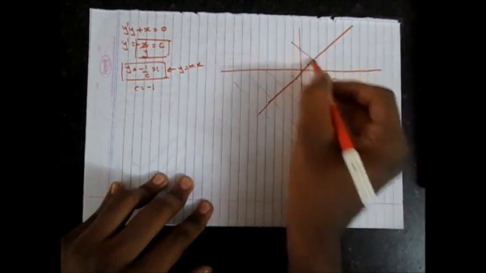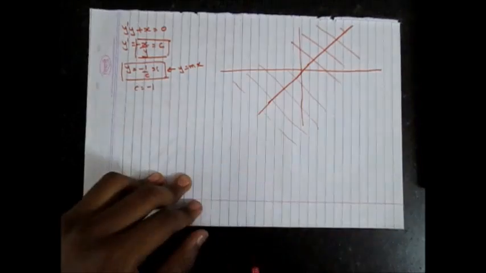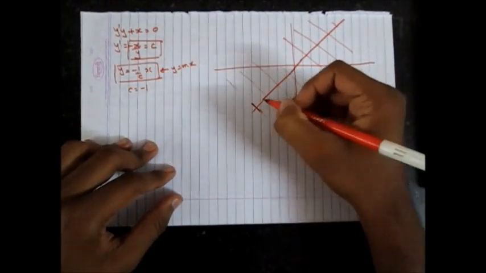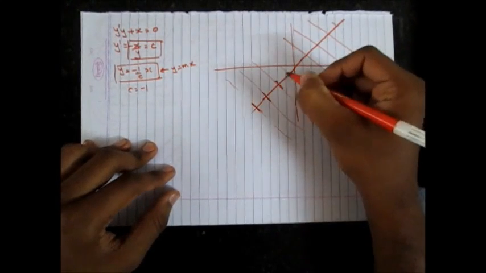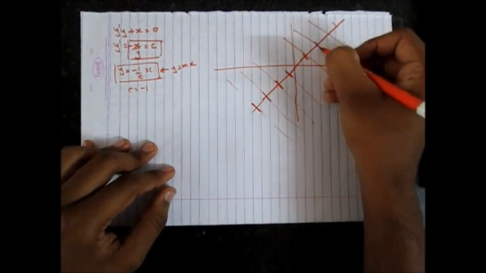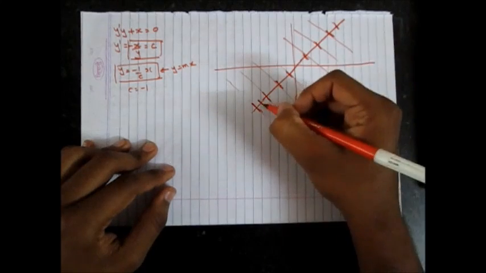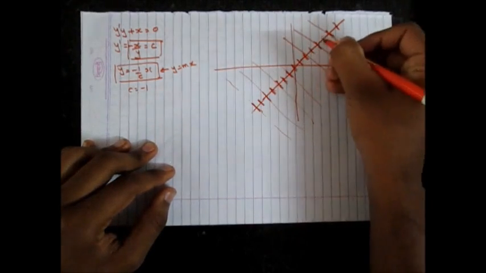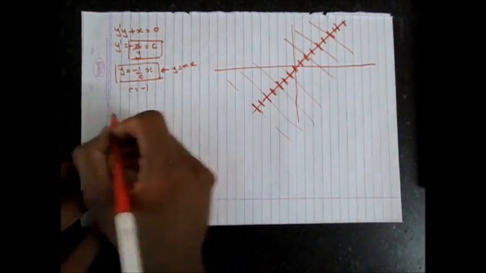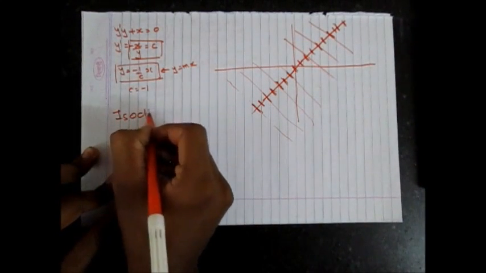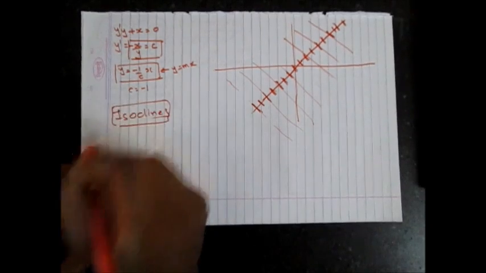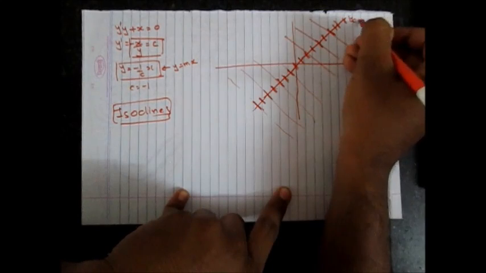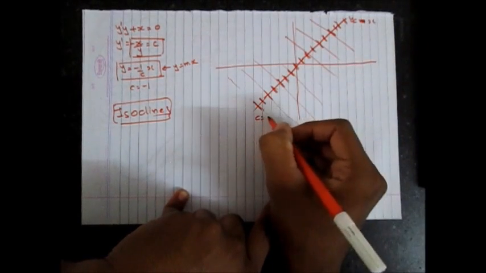And at this point, each and every point, I'm going to get a line like this, right? Instead of drawing the whole lines, I'm going to draw just short lines like this, right? These lines are also known as isoclines. Right? y equal to mx, this is y equal to x line, where c is equal to -1 in this